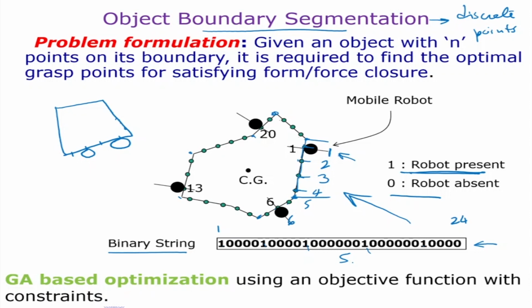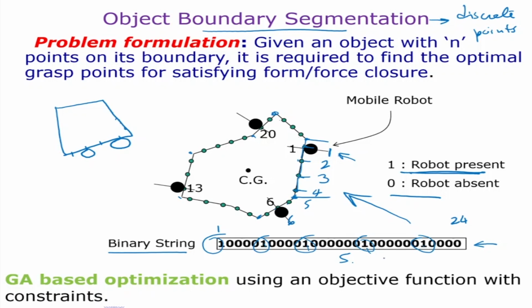Okay, so this is basically converting an analog problem in the real world to the digital world by using discrete points and in the form of this binary string. And in this binary string, if you just look at it, it's very clear how many robots are there. Yeah, so there are 5. Wherever there is a 1, there's a 1 here, 1 here, 1 here, 1 here, 1 here. So there are 5 of them, which means that there are 5 robots, and the others are 0.